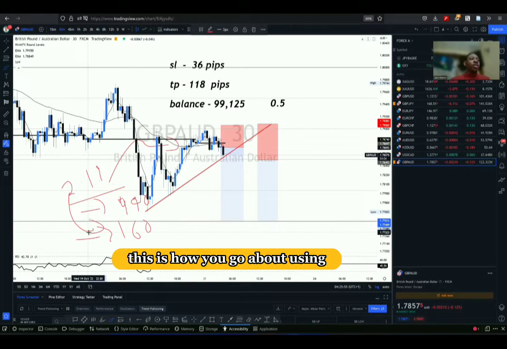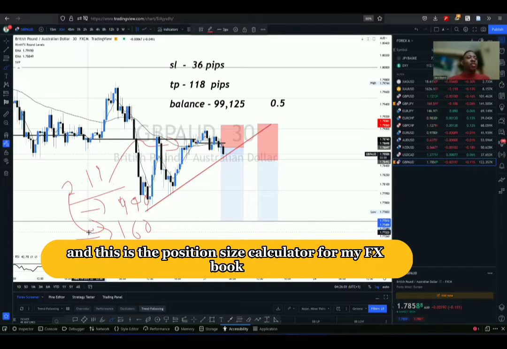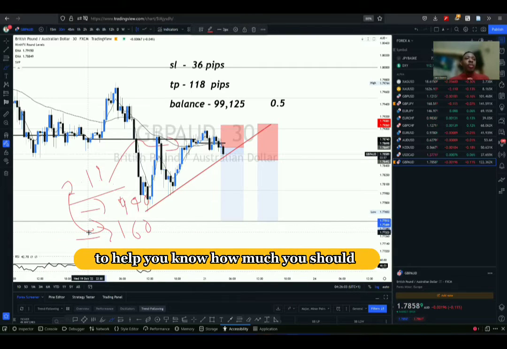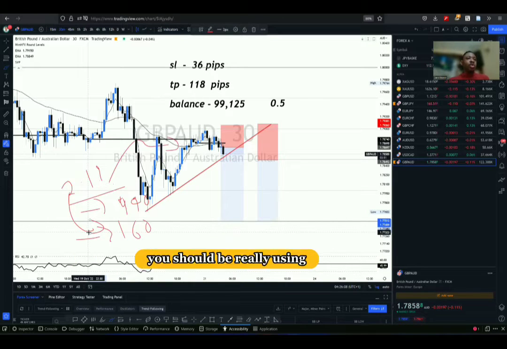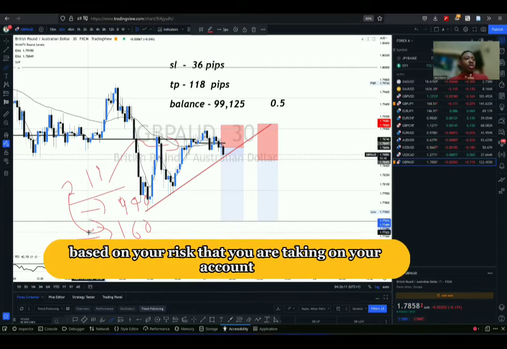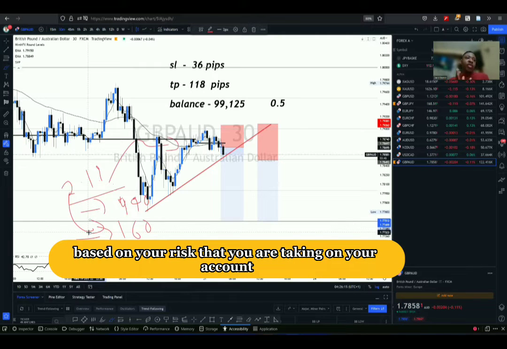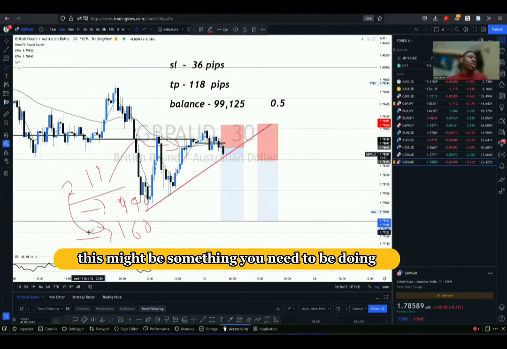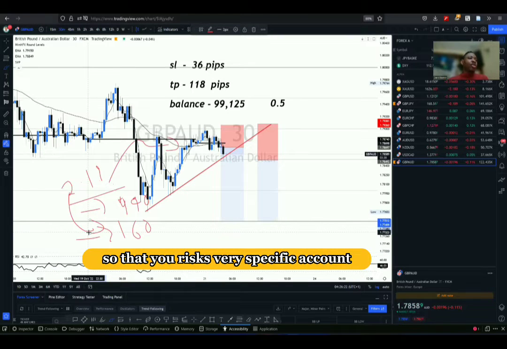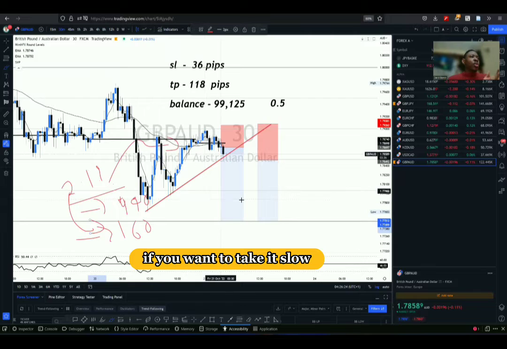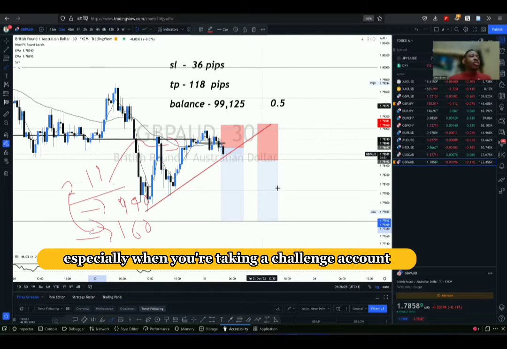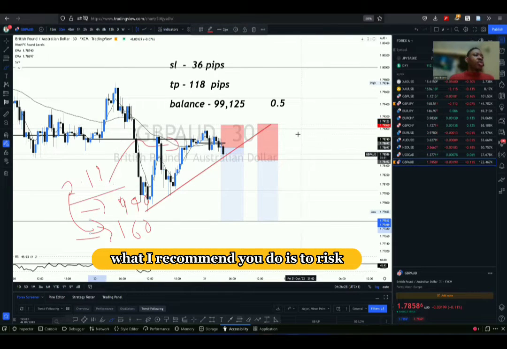This is how you go about using the position size calculator, and this is the position size calculator for my FX book to help you know how much lot size you should be using based on the risk you are taking on your account. If you have a funded account, this might be something you need to be doing so that you risk very specific amounts. If you want to take it slow, especially when you are taking a challenge account, what I recommend you do is to risk